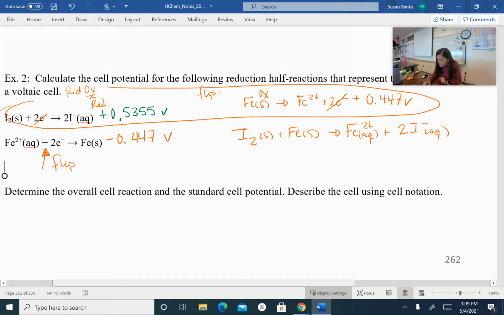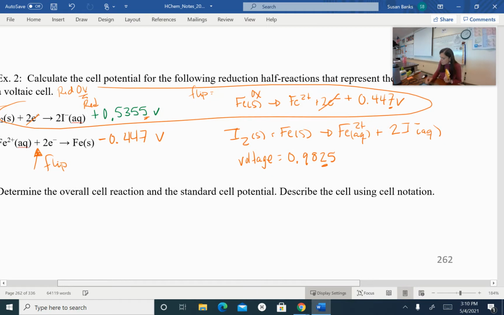So to find the voltage, I'm going to add these two together. So if I take 0.5355 plus 0.447, that gives me a voltage of 0.9825. Now notice this goes to the 10,000th and this goes to the thousandths. So I can really only go to the thousandths. So this 5 tells me to round up. So with sig figs, I would do 0.983 volts